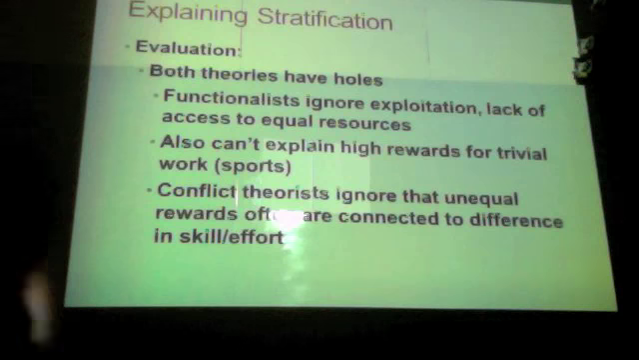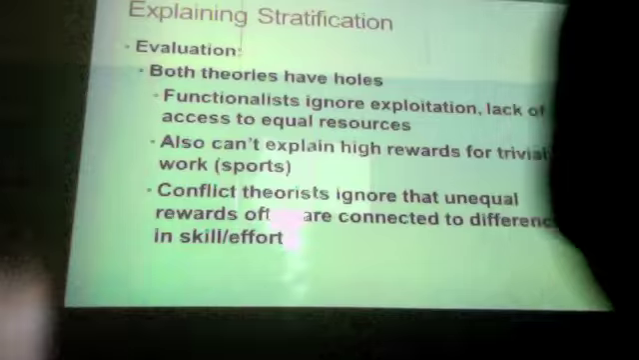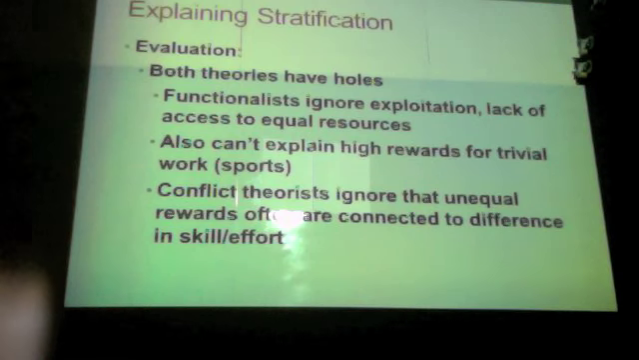Now, final thing here, and this is how do we evaluate these two theories? Looking at each, the functionalist and conflict theory, and how they explain stratification, we can say that both of them have some very valid points. You cannot argue that functionalists are incorrect when they say that there are people needed for every type of job. If there was no one doing the low-level types of work, the hard manual labor, our society would come to a screeching halt. Functionalists are correct about that, but they ignore any exploitation that goes on,